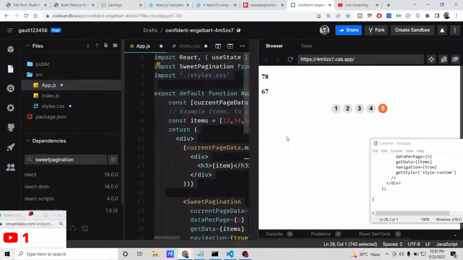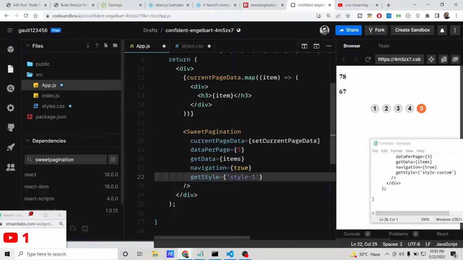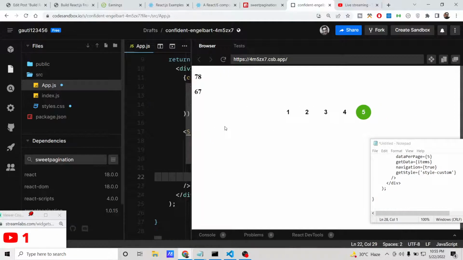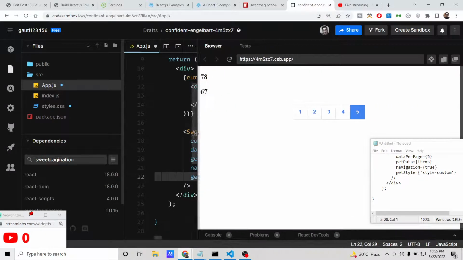You can also change the theme accordingly. Various themes are there. So this is style one. You can see this is the first theme. It has got a green theme, so a green background color. If you change this style to style 2, this will change to a different theme here. This is style 2, which you can see